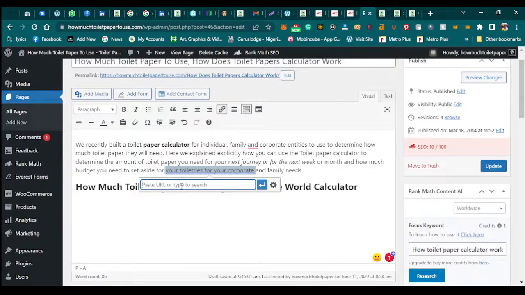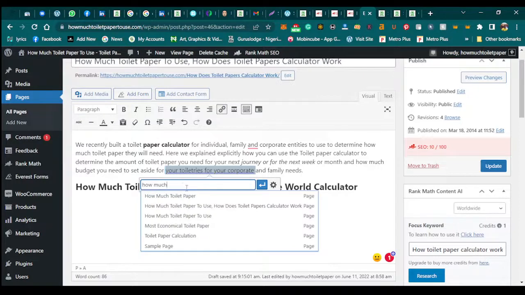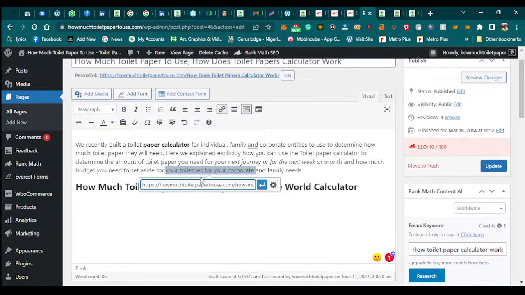I want to link to how much toilet paper now. So look at the pages that are suggested. I can click on it and link to any one. This one, it will link to this one. So that means I've linked it now. So that is it. But today, let's go to how to use